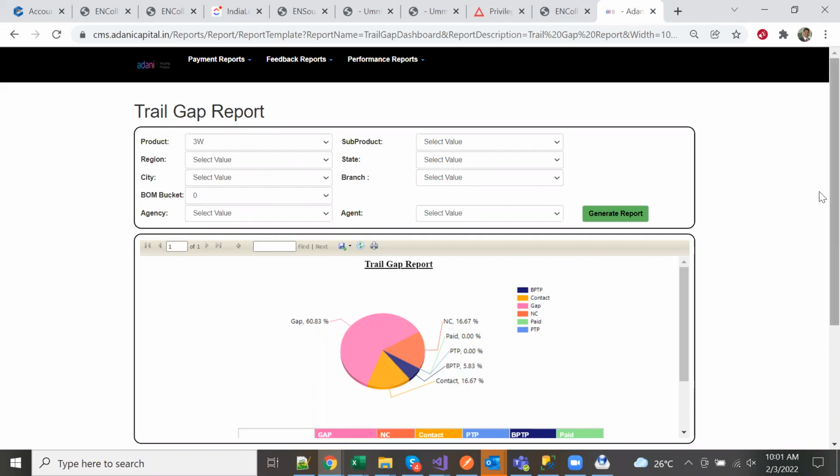So now let's consider this as the start. So this trail gap report, you can actually see the blocks in this one. This is the header. And then there is this filter part, which has multiple drop downs. They work because of .NET and not because of SSRS. Most of us think that this entire thing is SSRS. Only this much part is SSRS.